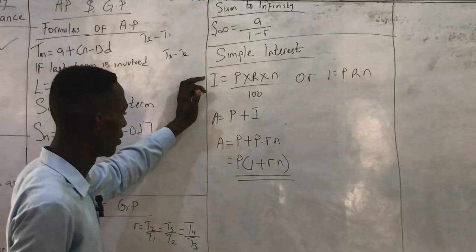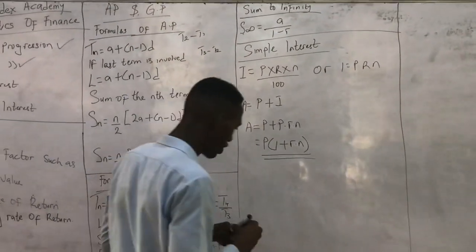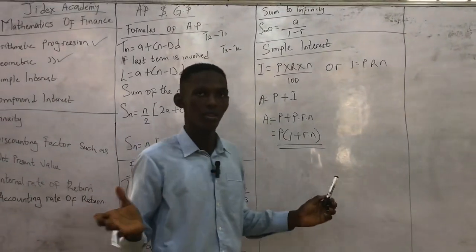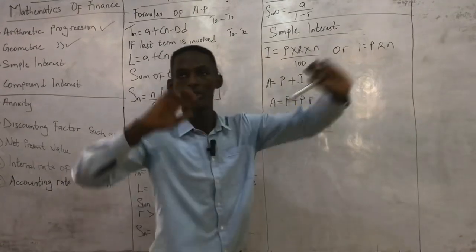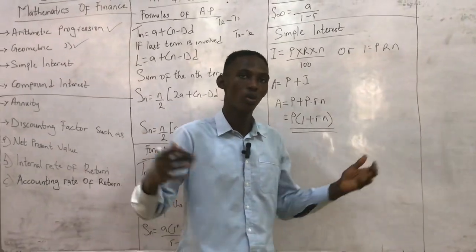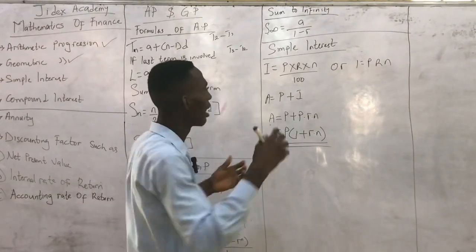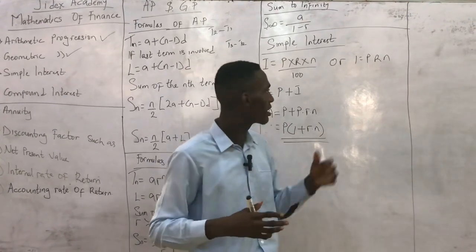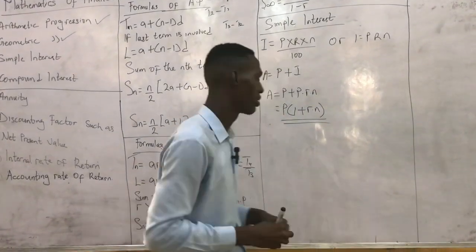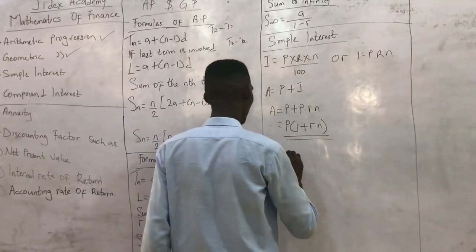Then for the compound interest, the difference between compound interest and simple interest is that the principal for simple interest is fixed. So if you are given 20,000, it's the same 20,000 that you're using throughout the period. But for compound interest, it is being compounded together, you sum it up together. The amount as at the end of the first period becomes the new principal for the second period. So for the compound interest,